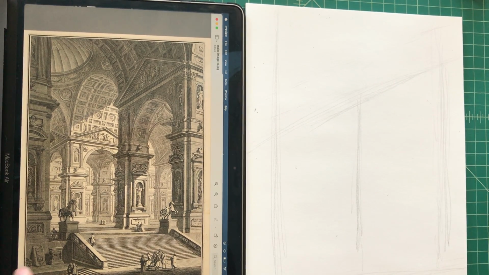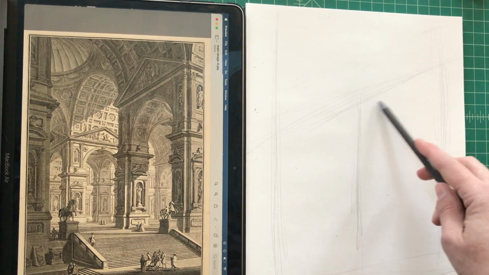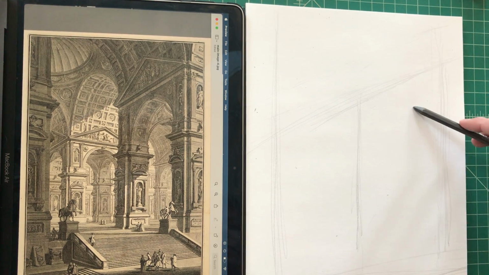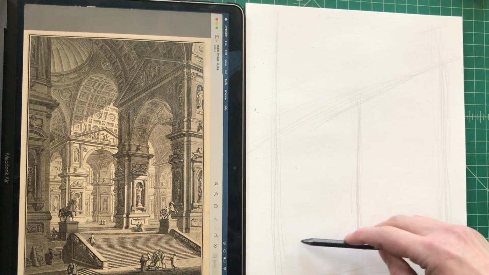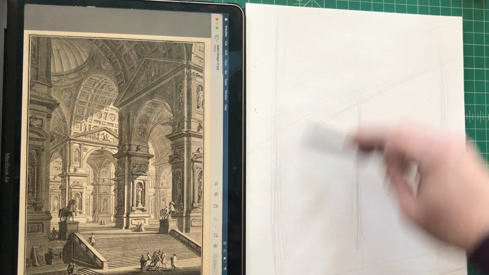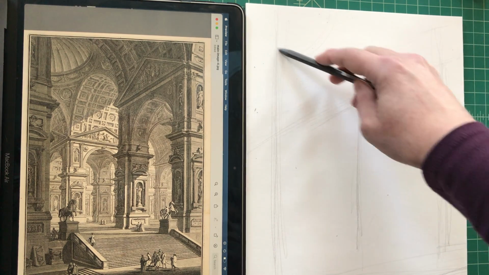So this line right in here, I know it's going this way. And then my stairs are down here. Okay. I'm drawing nice and light so that I can erase very easily. Okay, so I've got that big thing there. I've got